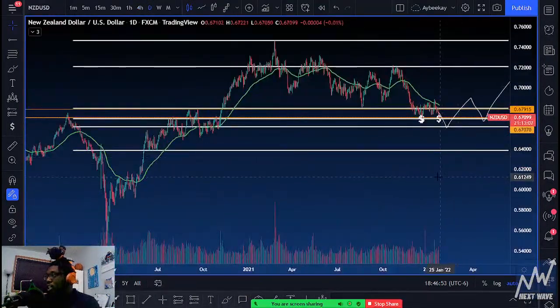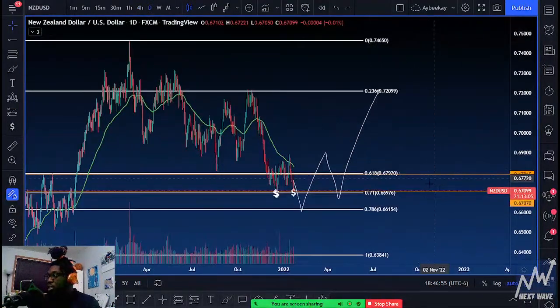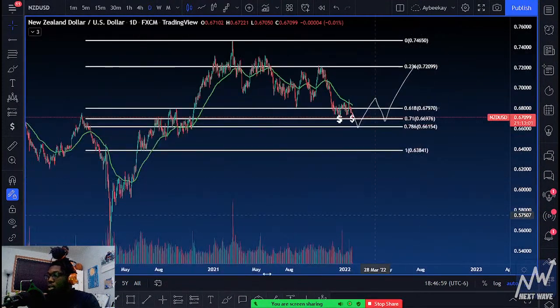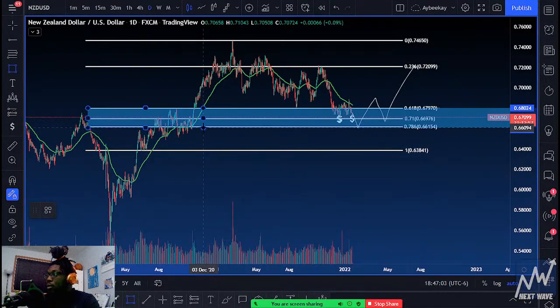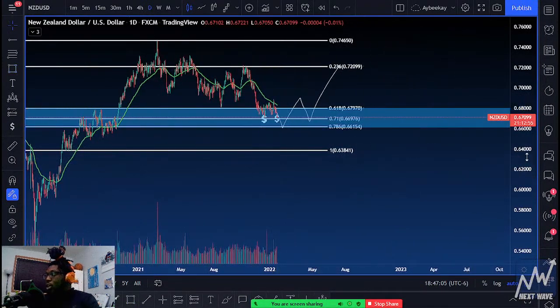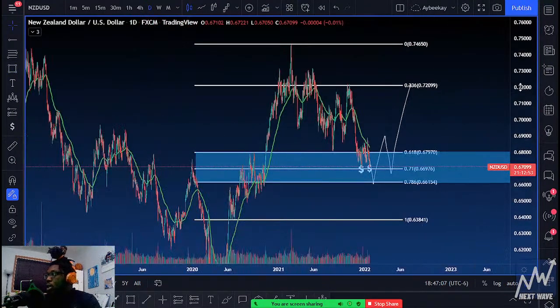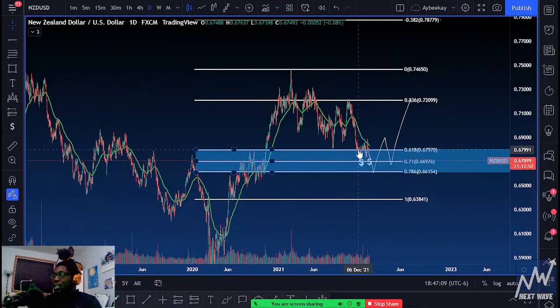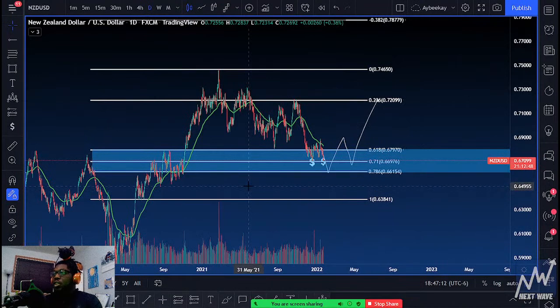Overall, I feel like, again, this zone that price is at, I'm going to go ahead and get rid of this, because the coordinates of this zone are already here. This is what I'm looking for a potential reversal on NZD USD. But just like the other USD pairs, I'm most likely going to wait until FOMC before I play them,